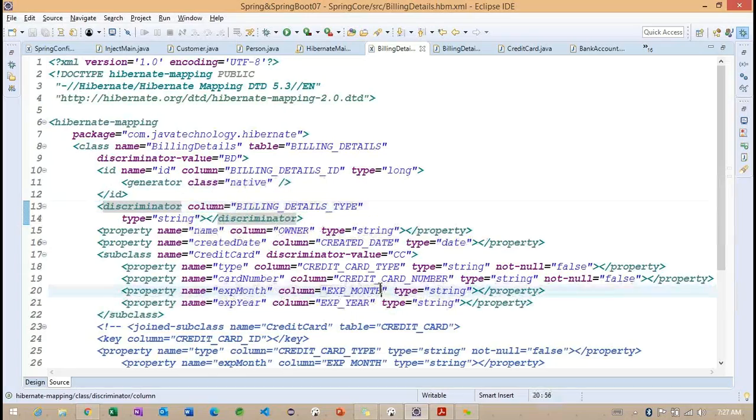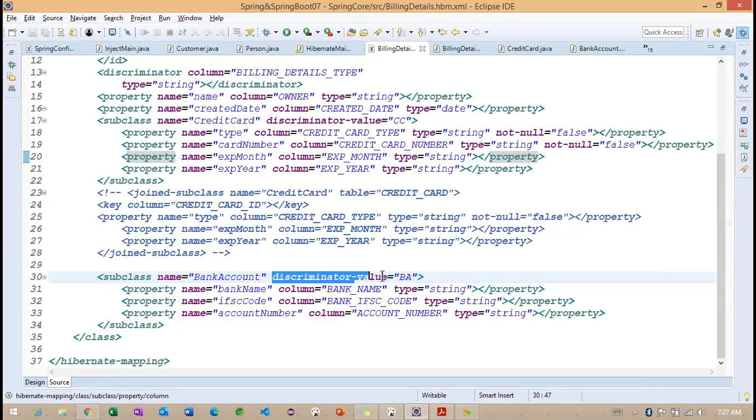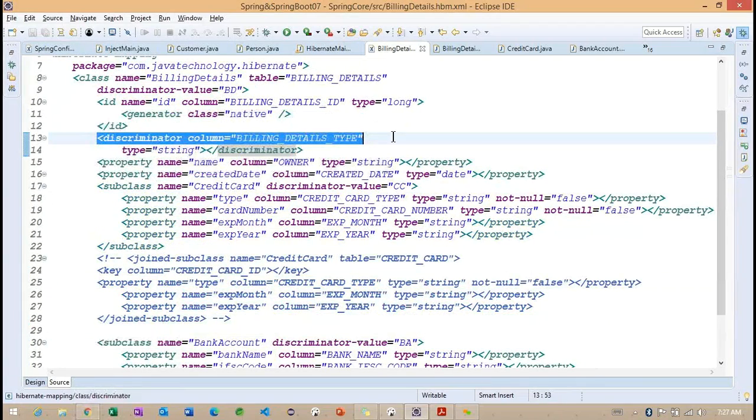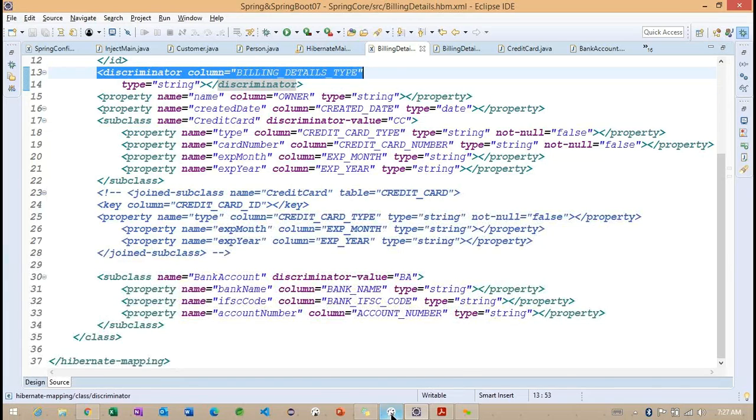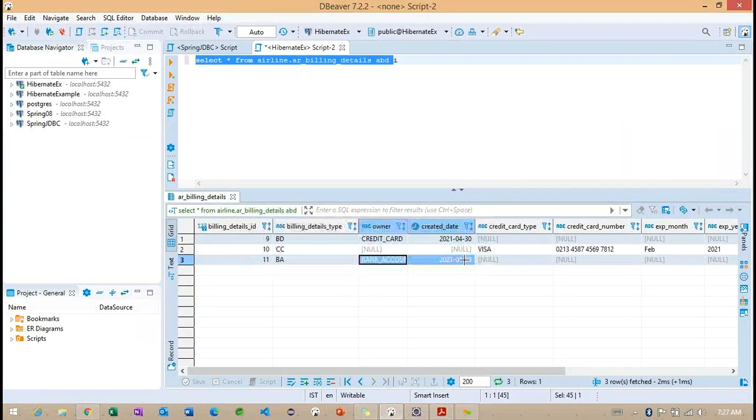We need to go to the mapping file. Here we are having BA. Getting the point. So here we are going to specify the BA because of this particular discriminator, one more column which is going to be created by Hibernate. Now we can easily understand these records are specific to which type of object.